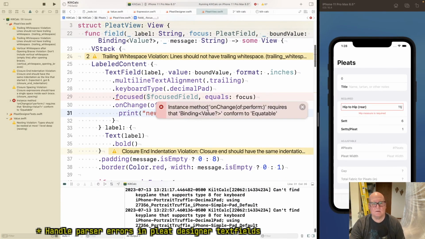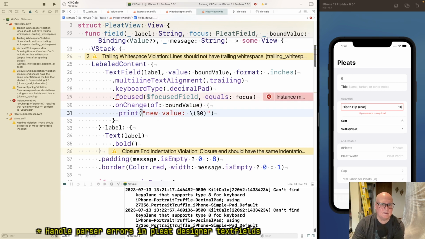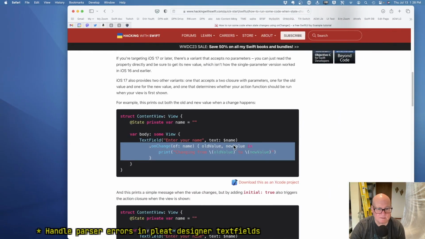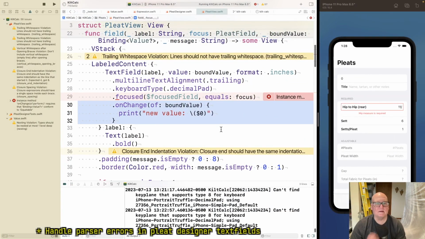Instance member on change requires binding conform to equatable. And bound value is, golly.